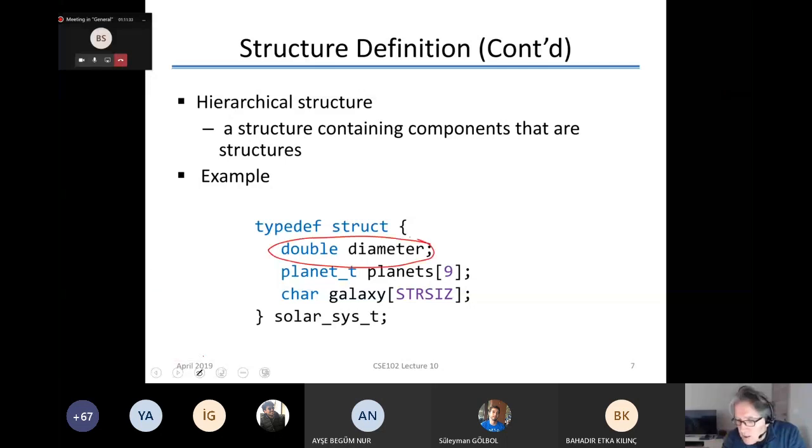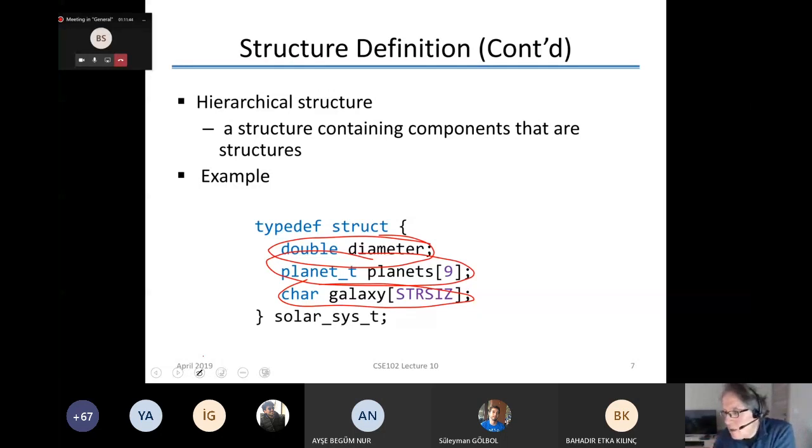The second part is another structure. And the third type is a string. So within the structure definition, your individual components can be of any type, including another structure. There is no limitation regarding what you could have inside, except that the only limitation is